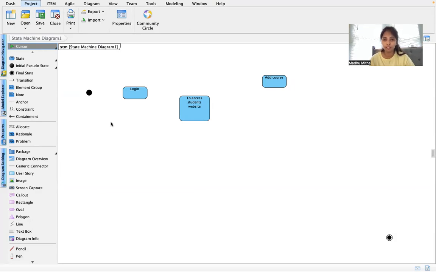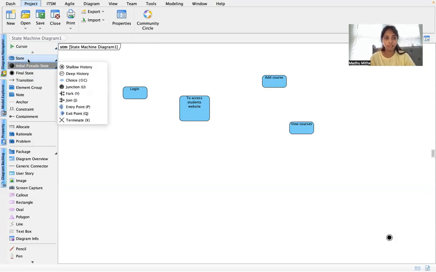From the home page, we can see different options and get access to add course, drop course, and change personal information. You can view the academic advisor information. You can contact the help services, etc. So this is how you get transitions to the different options available on the homepage. So I'm then choosing another option, which is view courses,